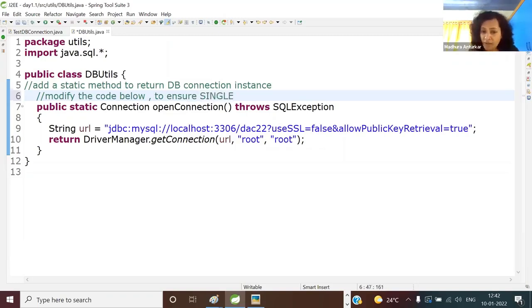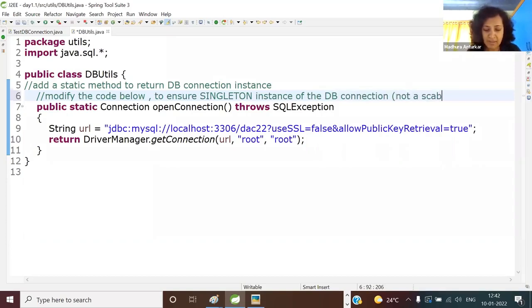Singleton means one single instance of connection maintained in the application. Is it going to be scalable really when you deploy it in the cloud and when there are multiple clients? No. But by then I will show you connection pool. So this is the solution I'm offering till we are in JDBC. So modify the code below to ensure singleton instance of the database connection,